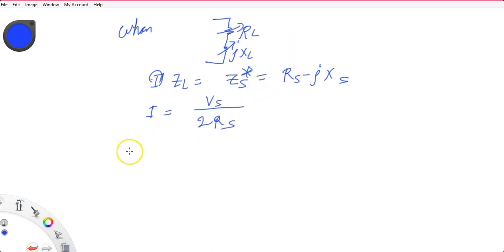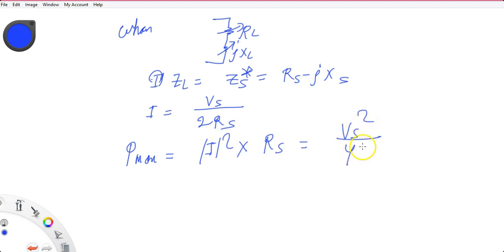And maximum power is equal to I square into RS, so VS square upon 4RS. And you can find the efficiency, the power delivered to the load